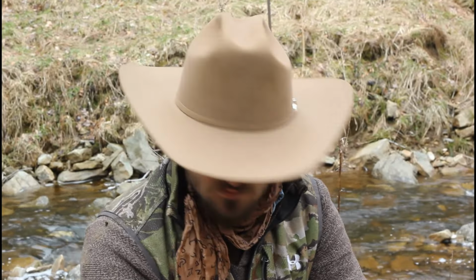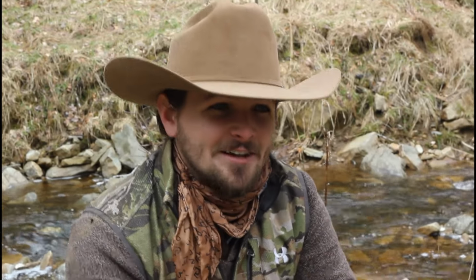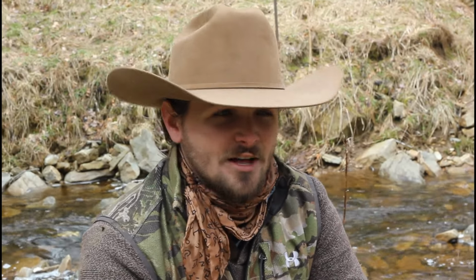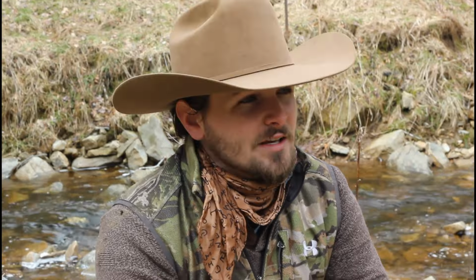I have seen some turkey sign. There's some turkey scratchings on this nice luscious green gas line. So we're gonna see if we can come back up here. I'm not gonna come this way that we came in because that was ridiculous, but we are gonna come back up here and probably try to turkey hunt some of this valley where it's real super thick,